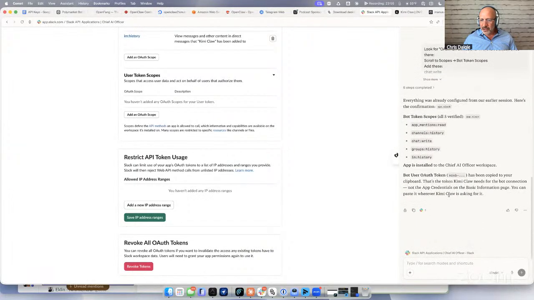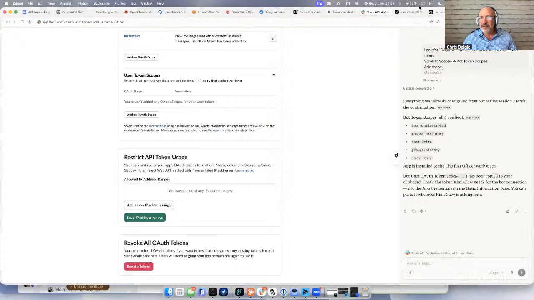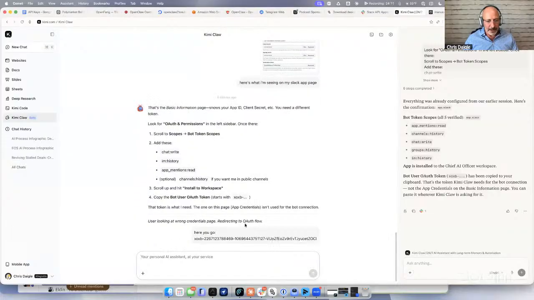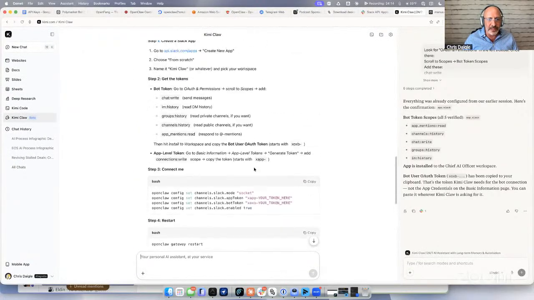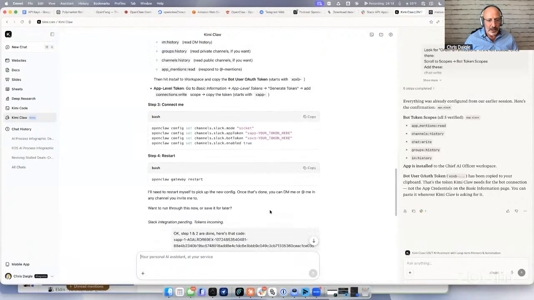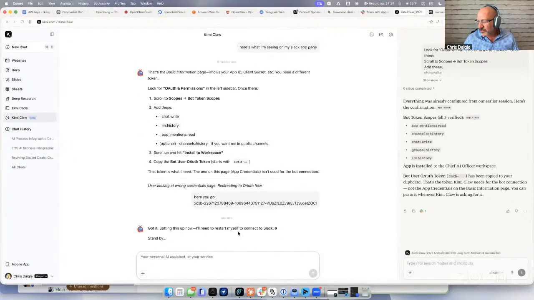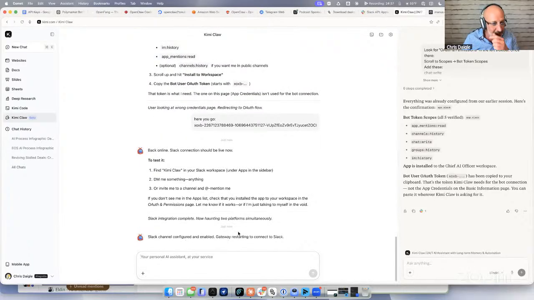Look for OAuth. App is installed. Been copied to my clipboard. Let's see if it's on my clipboard now. That's it right there. So now I'm going to go back into Kimmy and say, here you go. Now what Kimmy is doing is creating this integration with Slack. Now, why would I want that? Again, for me, Slack is the primary grand central station of communication within our organization. So it's going to go in there and peek into all of the conversations that are happening and surface what I need to know instead of me having to go and look into, let's see, man,